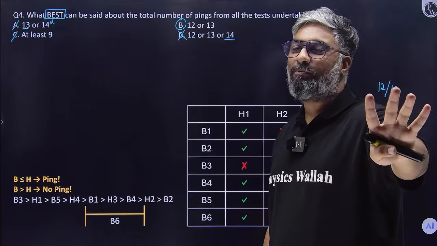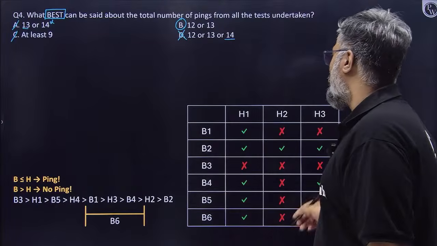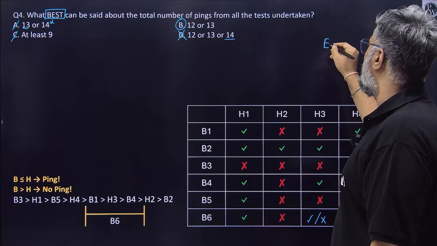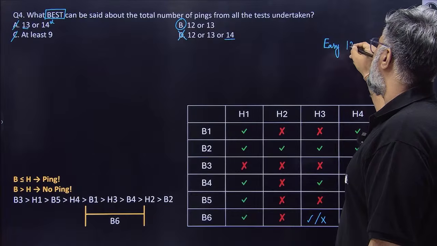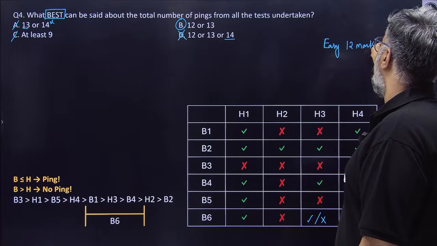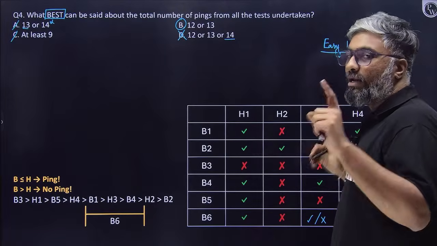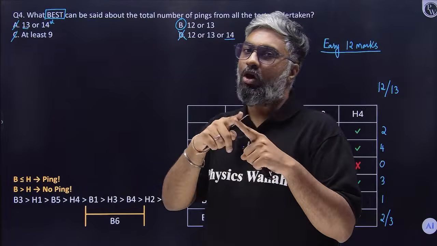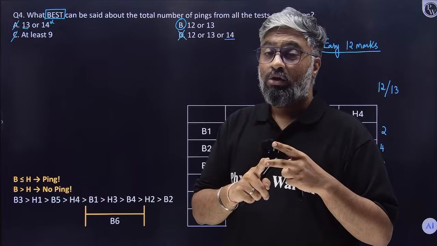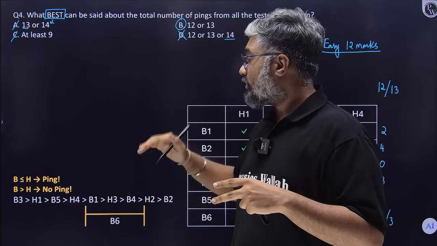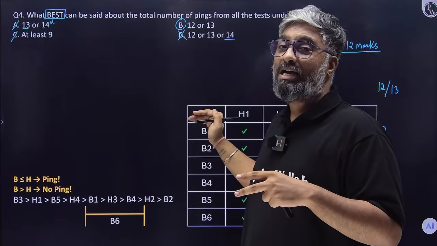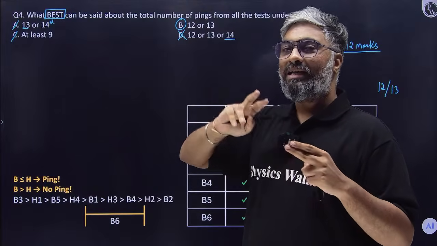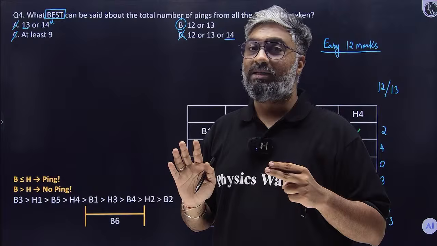How many marks in our pocket? 12 marks in our pocket. This is easy, 12 marks that you could have gotten, provided, one, you understood the condition with balls and hoops. Number two, you understood very clearly that it has to do with the tick and cross method. Cross hatching is a mandatory thing here. Makes it easy for us to pull up the judgment.